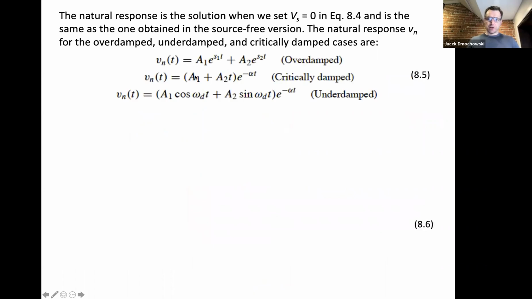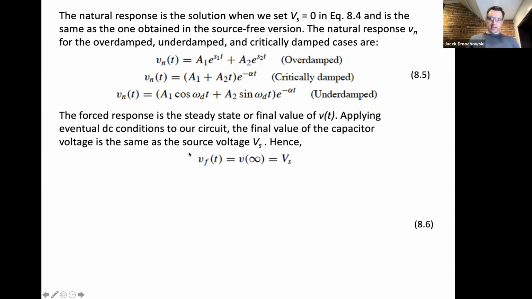Okay, so as before, we're going to have the three cases. We're going to have the overdamped case, the critically damped case, and the underdamped case. And these will depend on the values of R, L, and C, and specifically the values of alpha and omega. Okay, so the only new bit to this solution is that the forced component is by